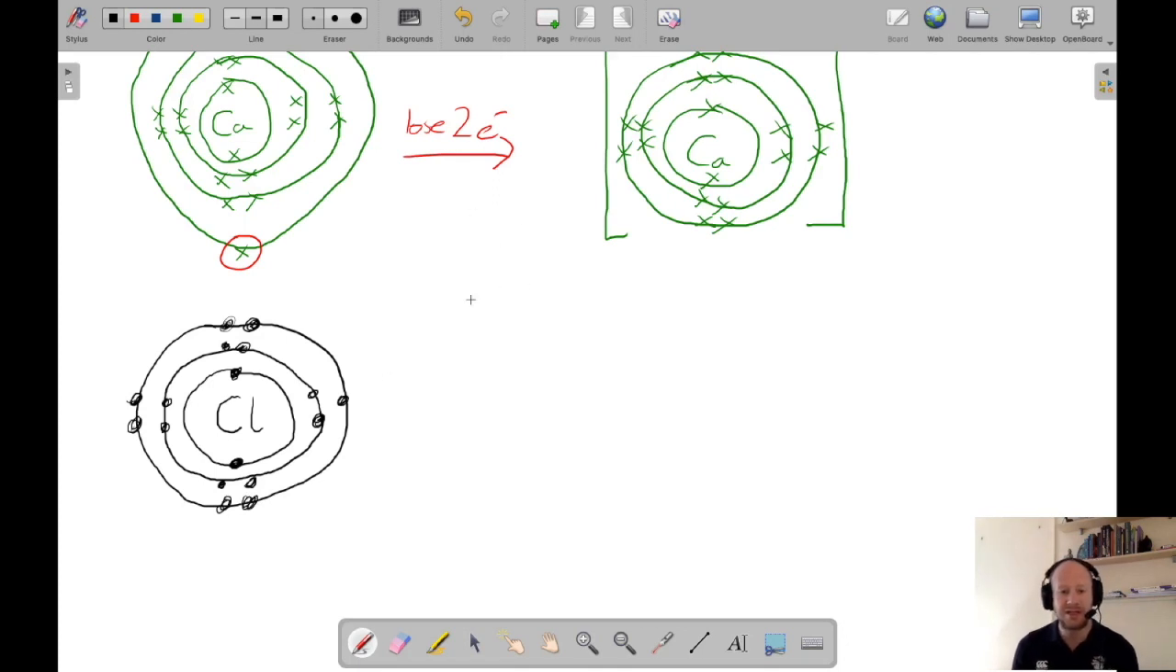Now, if you notice this one, it's going to be actually really difficult for it to lose 7 electrons. And because it's difficult for it to lose 7 electrons, it's actually easier for it to gain 1 electron. So instead, what will happen here is that an extra electron will come into the atom and it will go here. So when we gain 1 electron, instead, what we end up with is